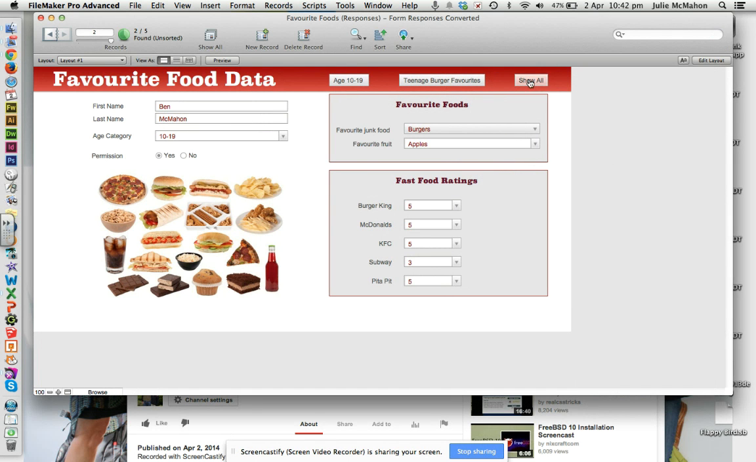and now I can show all and I can run my different queries. These age 10 to 19, if you notice we have 3. Teenage burger favorites, we have 2 people. Now the good thing about having saved finds and buttons, if I added a new record,